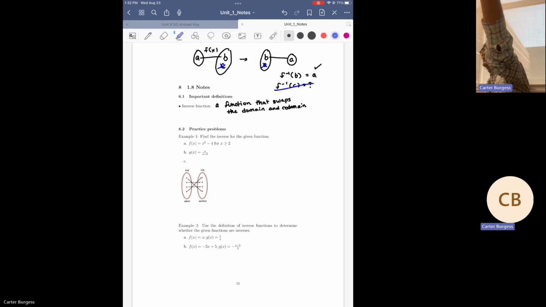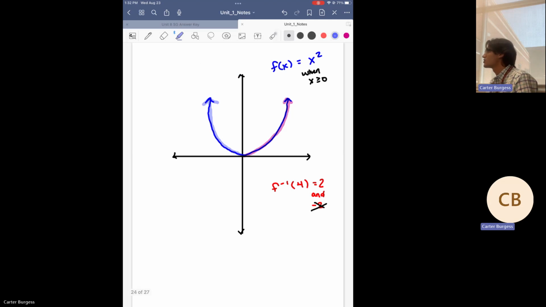Well, no, just like what does it mean to take an inverse? What are we doing here? We swap the domain and codomain. What's another way to say that? We switch the x's and the y's. We switch the inputs and the outputs. That is the key to solving for an inverse function. Everywhere where we see an x, we're going to replace it with a y. Everywhere where we see a y, we're going to replace it with an x, and then we're going to solve